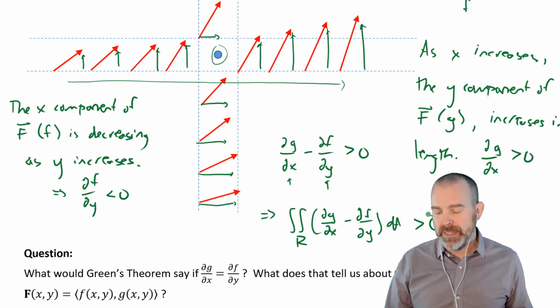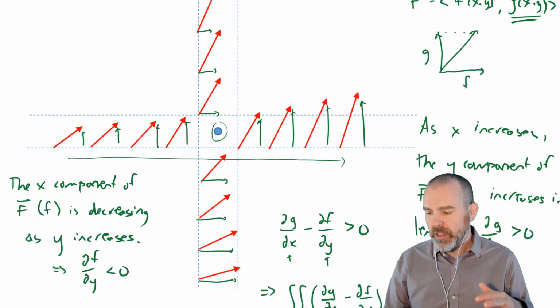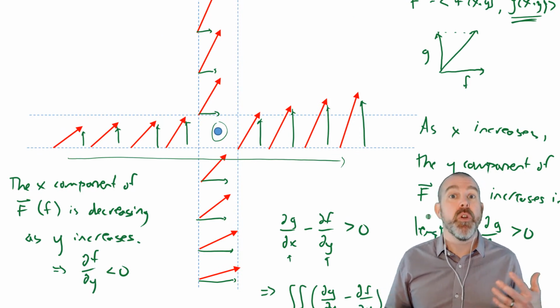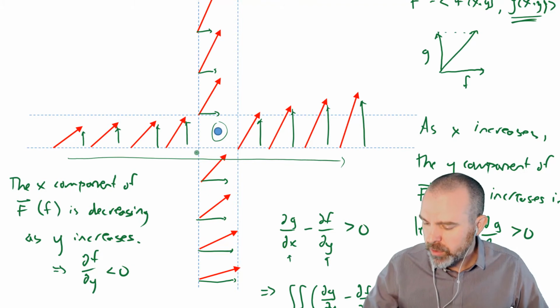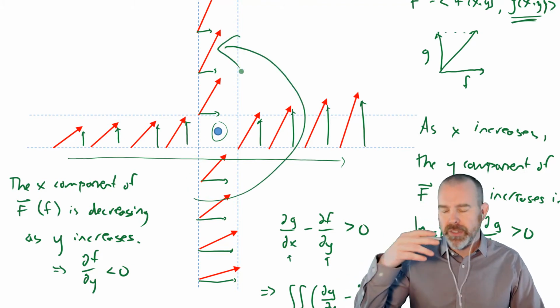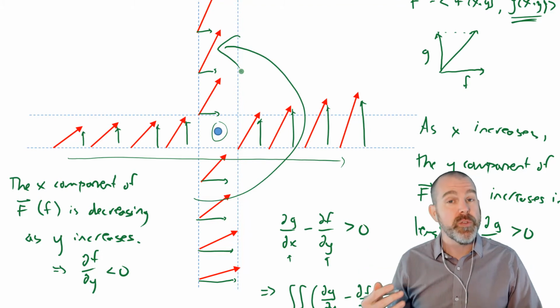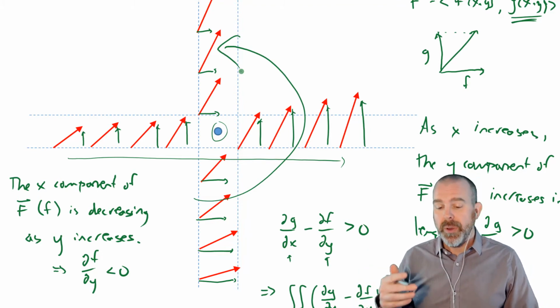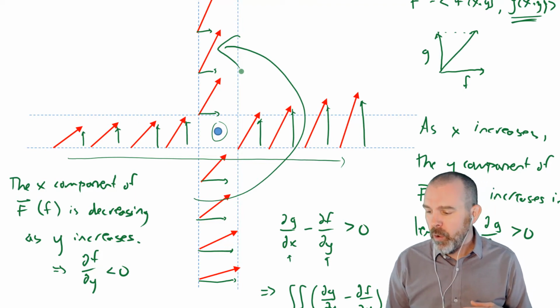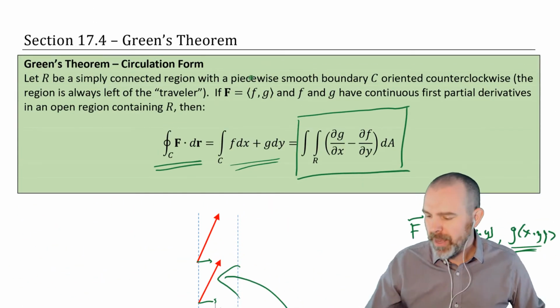So the reason why we're mentioning this is that means that this particular region that we were looking at would have some rotation to it. There'd be some general rotation in the counterclockwise direction. There'd be some rotation due to the field. Okay? So what that means is that there is a positive curl, and what the theorem, Green's theorem, says above